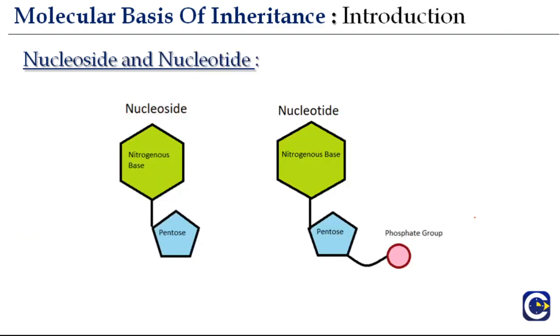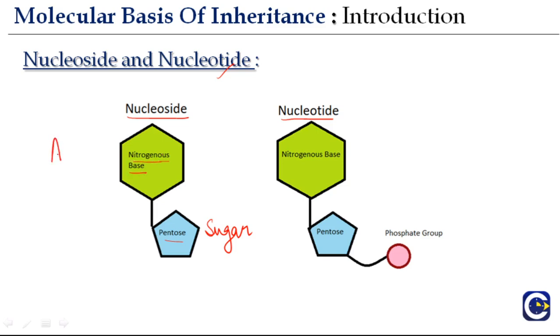So what is a nucleoside and what is a nucleotide? We just read that the nucleotide is the structural unit of a nucleic acid, but here you also see the nucleoside. It is very important that you understand the difference. So what is a nucleoside? A nucleoside contains a nitrogenous base plus pentose. And what is pentose? Pentose is a 5-carbon sugar, and when a nitrogenous base is attached to this pentose sugar ring, it forms a nucleoside.